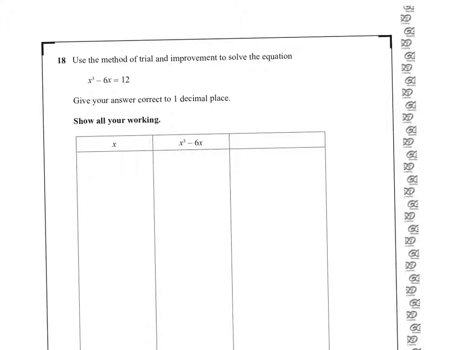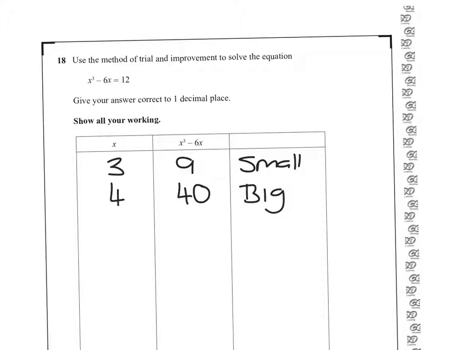Trial improvement means to try values and then make a better guess. So I'm going to start with 3. 3 cubed minus 6 times 3 is 9, which is too small. I'm going to try the next whole number then, which is 4. And 4 cubed minus 6 times 4 is 40, which is too big. Tells me that the answer is somewhere between 3 and 4, and it's closer to 3 than it is to 4. So I'm going to do 3.1 next, and that gives me